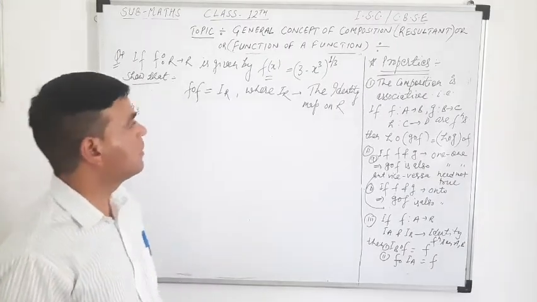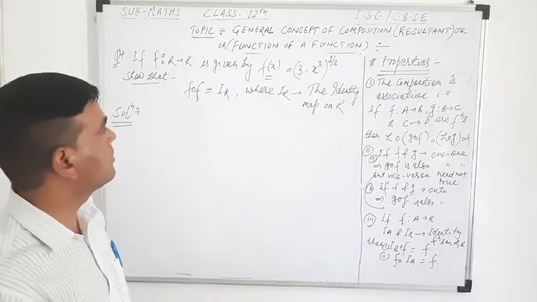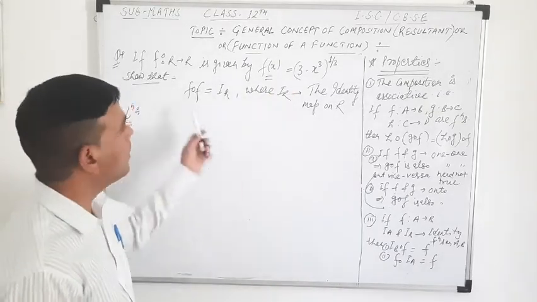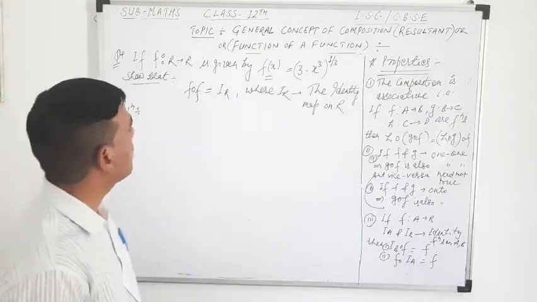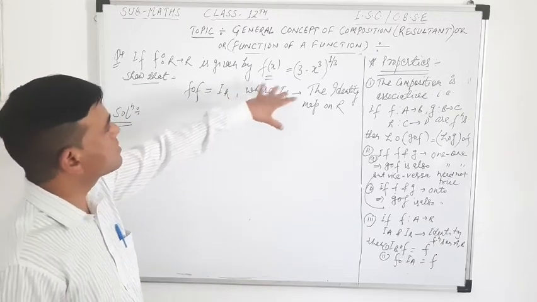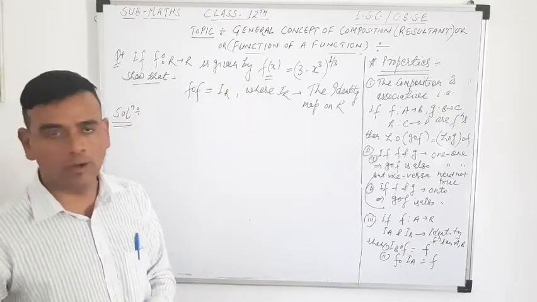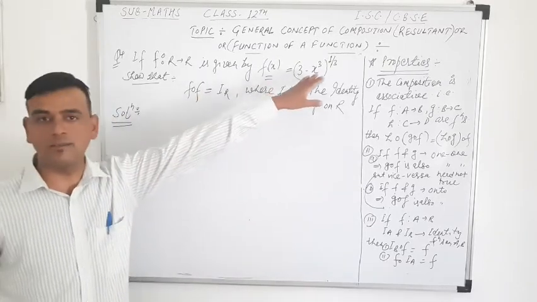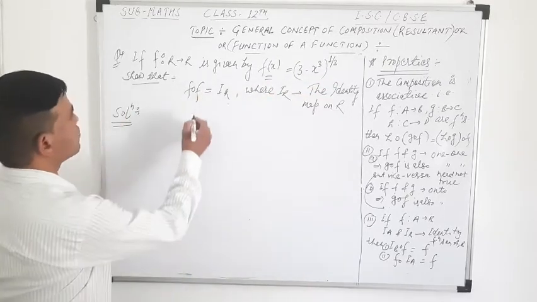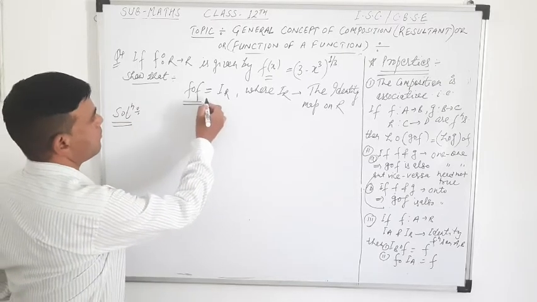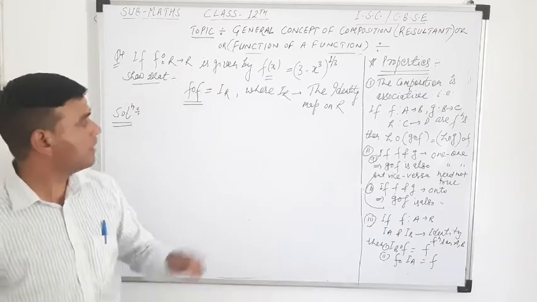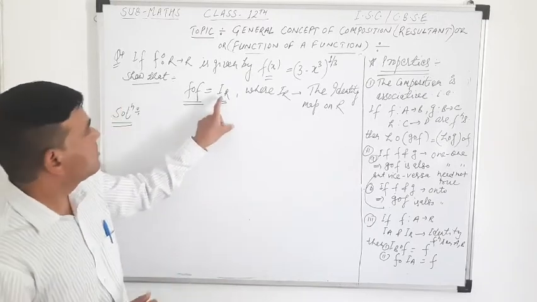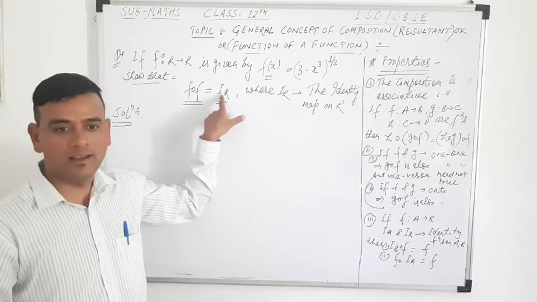Students, I think you remember this question; you have studied a question like this in class 11. But at that time I think you did not focus more on this particular question, so let's have another discussion over this. If this function is given to you, then you have to show that fof, the function f composed with itself, is equal to I_R. Let me first clear what we mean by I_R.